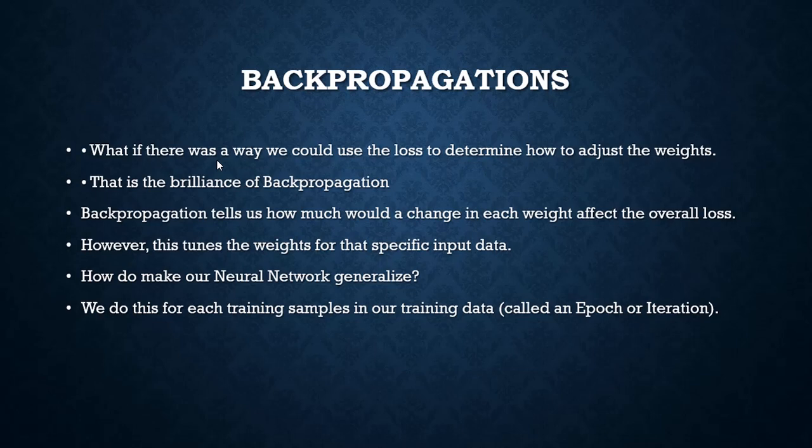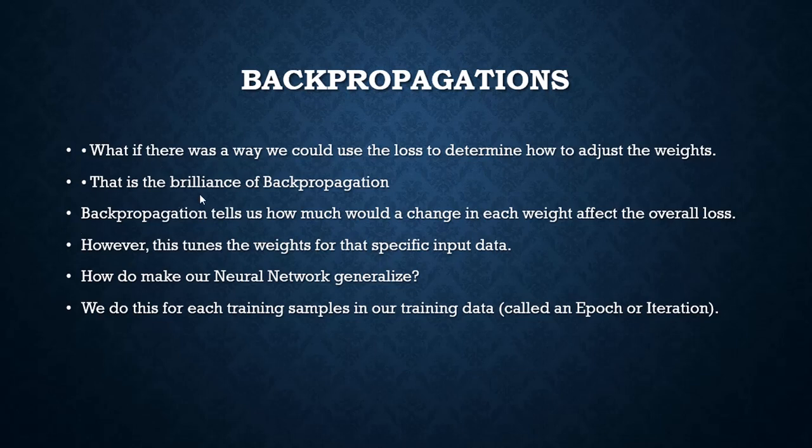Now, how does back propagation work, and what logic does it use to make a neural network more generalized? We'll see that in the next slide. Also, for training examples in our training data, we use the terms epoch and iteration. Suppose we process the whole data and get one output pass, that is called one epoch. We will see what an iteration is in a coming slide.